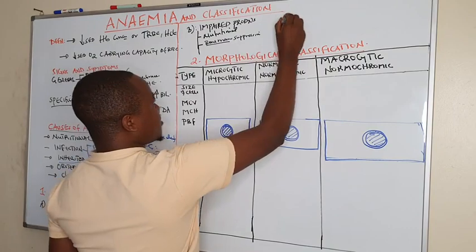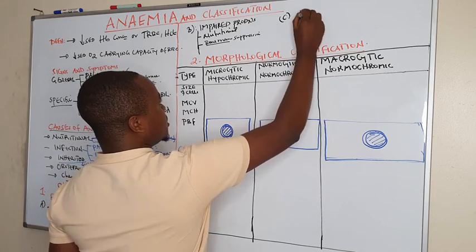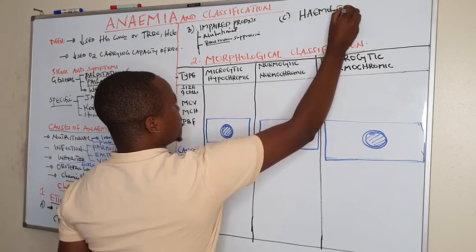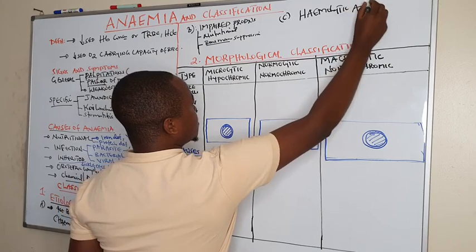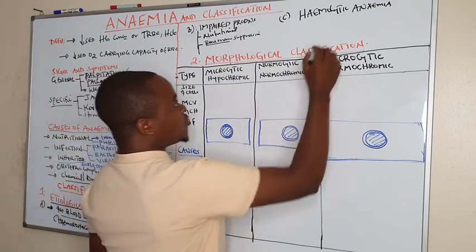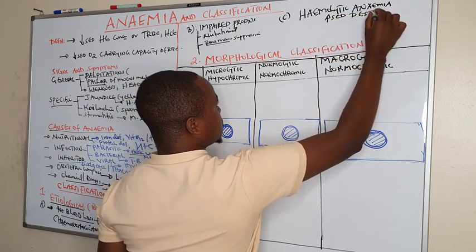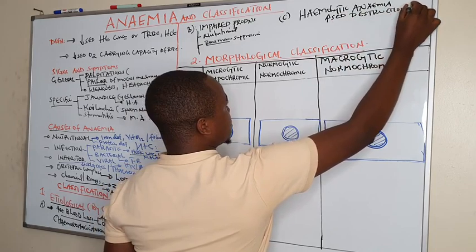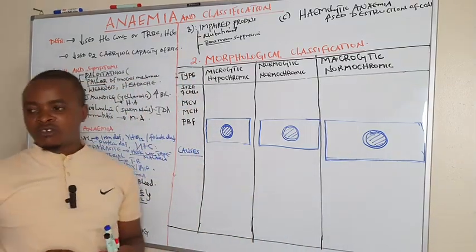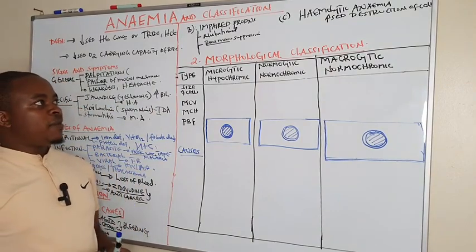Then another third one we can categorize under etiology is hemolytic anemias. These anemias are due to increased destruction of cells. And these anemias due to increased destruction, or what we call hemolysis, are also part of etiology, whereby these